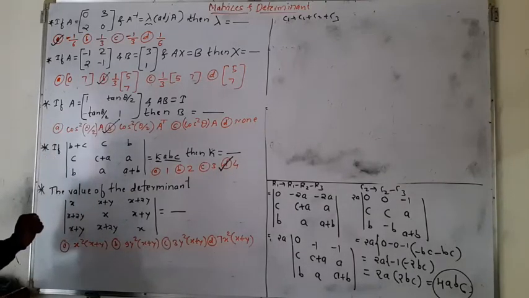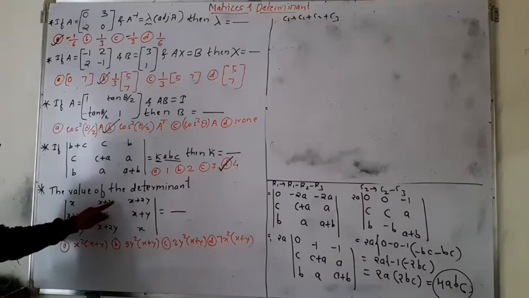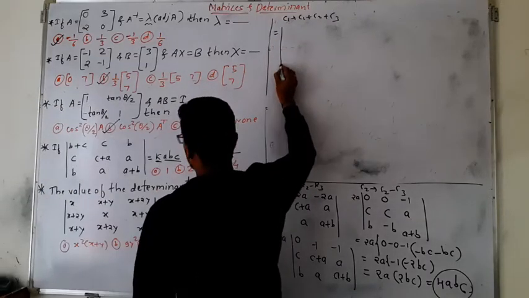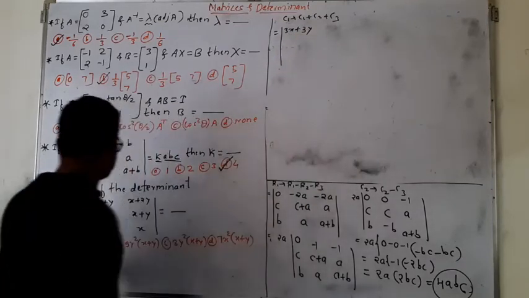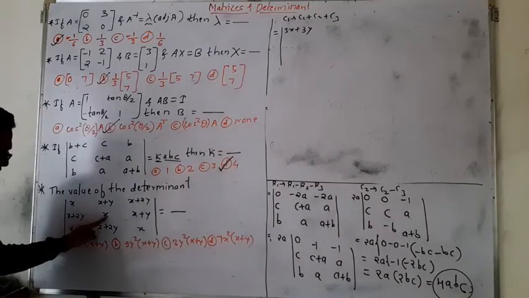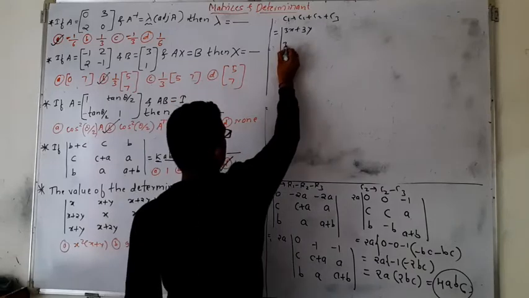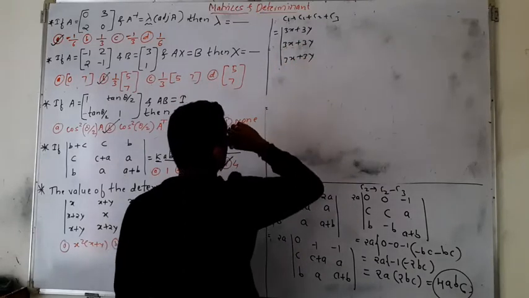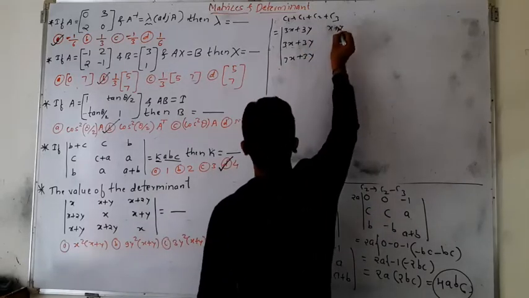Okay, so therefore what we get the answer, see this is x, x plus x 2x, 2x plus x is 3x, right? Then here y plus 2y, it is 3y. So therefore the terms we get are 3x plus 3y. Similarly, when you add the second element, x plus x 2x, 2x plus x 3x, 2y plus y, it is 3y. Means in the first column you will get the terms 3x plus 3y. We have changed only the C1, therefore remaining two columns we have to keep as it is.